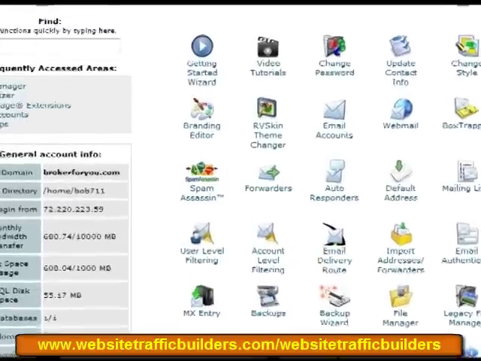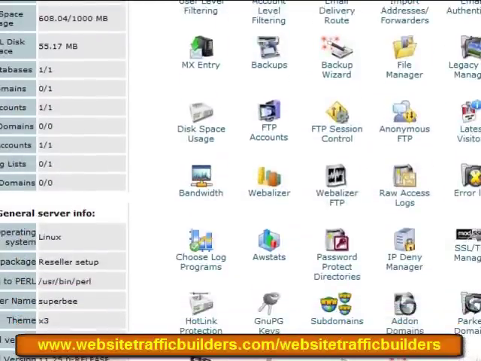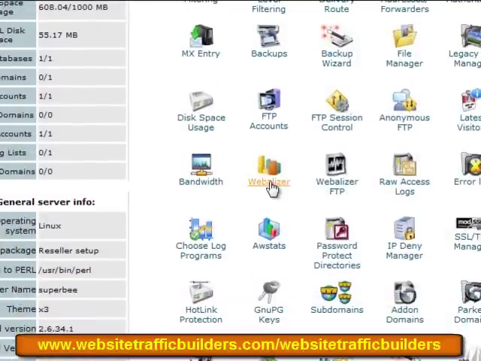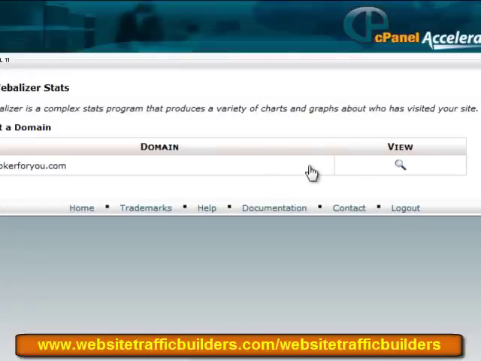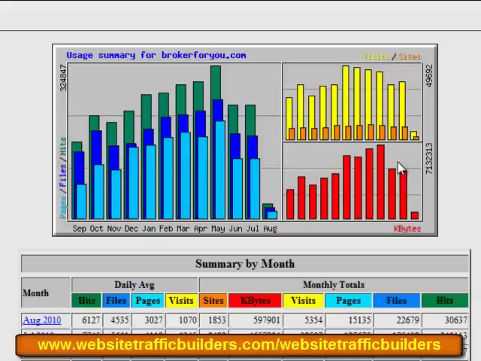But right now that's beyond the scope of this little tutorial, so we're going to just take a look down here, and there usually are at least one or two website stat counters on your control panel. I like the Webalizer. It's right here. We're going to click on that and go in real time and take a look at the site. Okay, so here you can see a traffic graph,